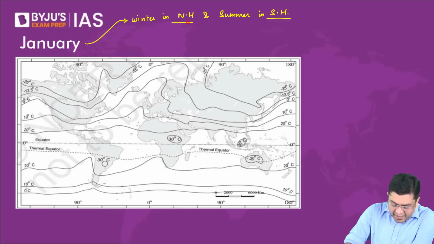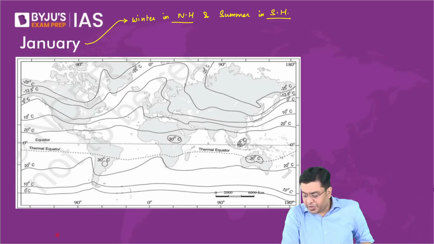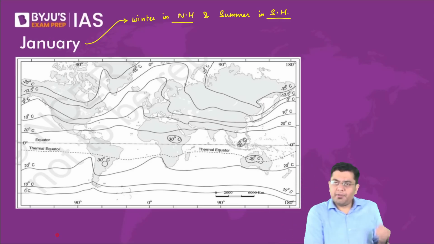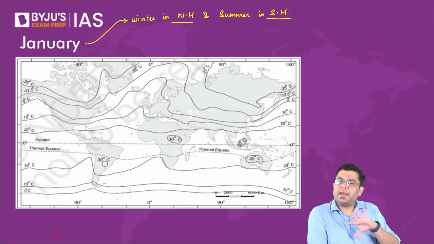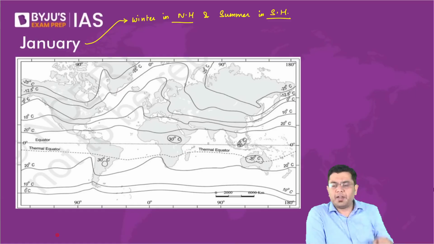Now here, when we take a look at it, look at these individual isotherms. How can we know the month? It is based upon the monthly data which is recorded. That is when we draw the isotherm. It is not as if suddenly the isotherms will appear, because these are imaginary lines, my dear friend. So only after you have recorded the temperature distribution of all the various different places, then you draw the relevant